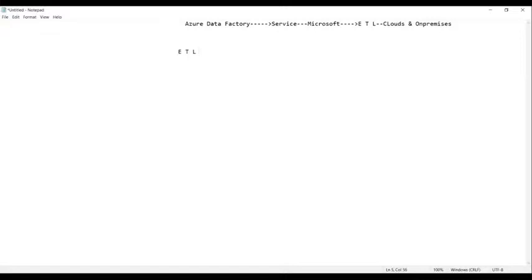Extract, transform, load. Very good. So it is extraction, then transformation, then loading. L stands for loading. These are the things we have.